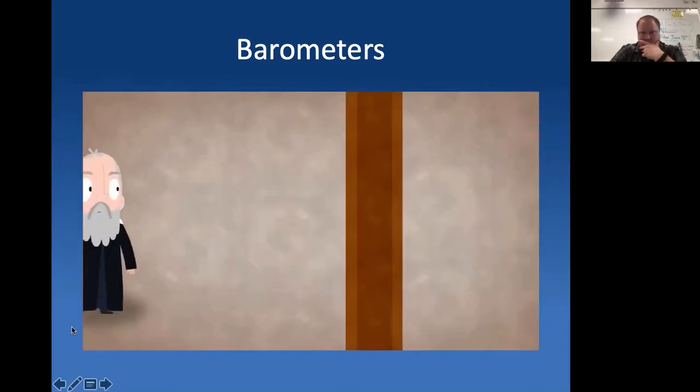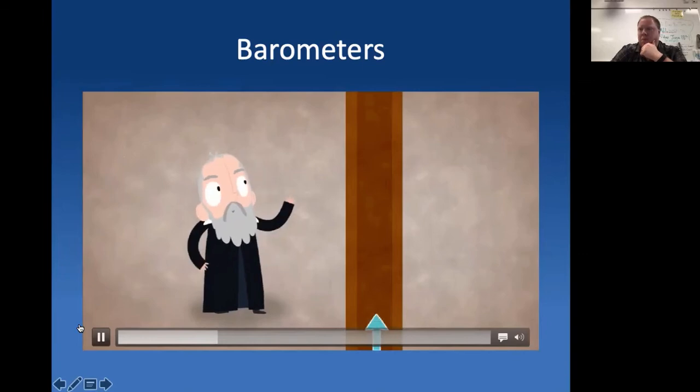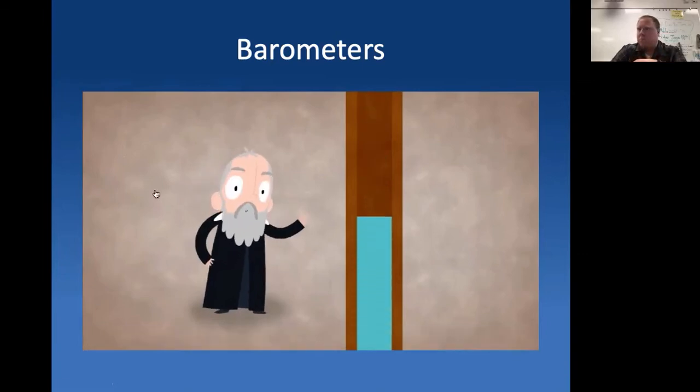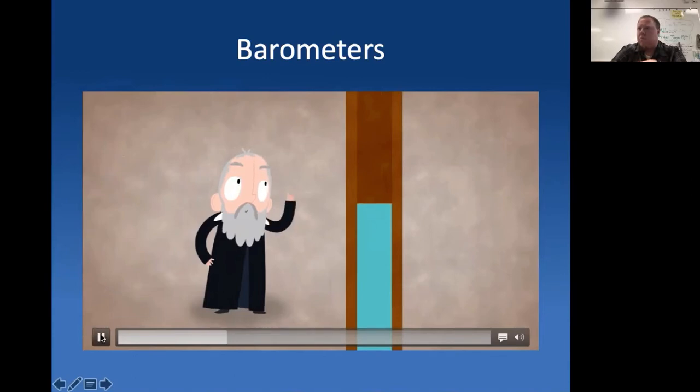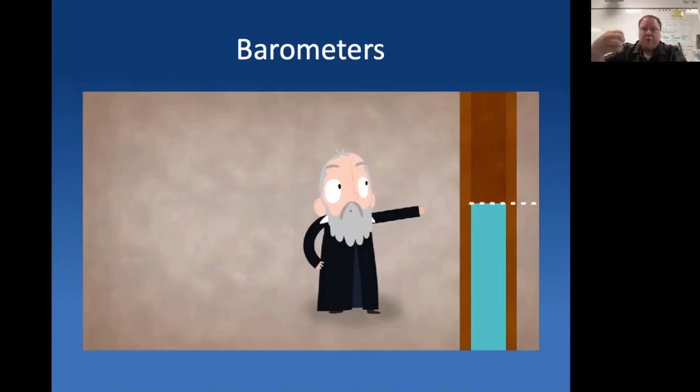Some scientists of the time, including one Galileo Galilei, proposed that sucking air out of the pipe was what made water rise to replace the void, but that its force was limited and could lift no more than 10.3 meters of water. Sound good? So if you suck the air out, then that vacuum that's created will actually pull the liquid up, but it's only so powerful, it can only pull it up 10.3 meters, okay? That is wrong.